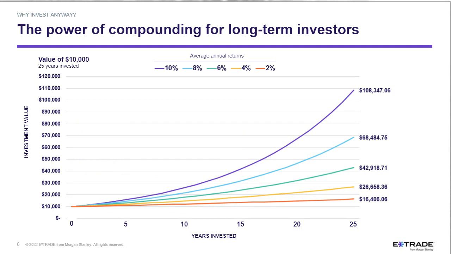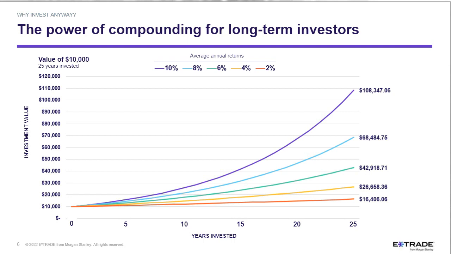In our first session, Aaron showed an example of how compounding works. And in his example, he's showing 3 different investors that began their savings at different stages in their life and how their outcomes worked. Here, what I'm depicting is if you invest $10,000 today and achieved any one of the 5 interest rates that I'm showing here, 10, 8, 6, 4, or 2, then at the end of 25 years, you would have those numbers.